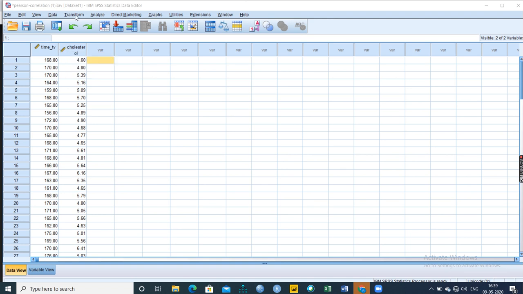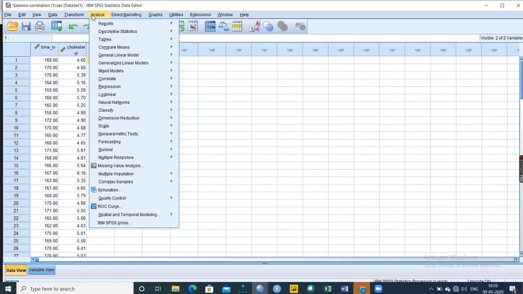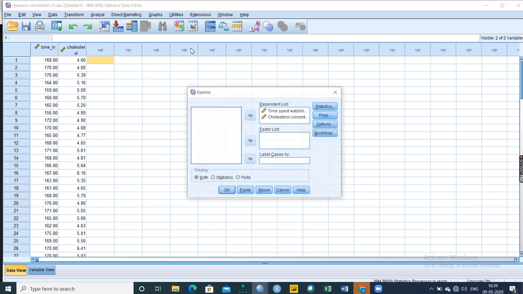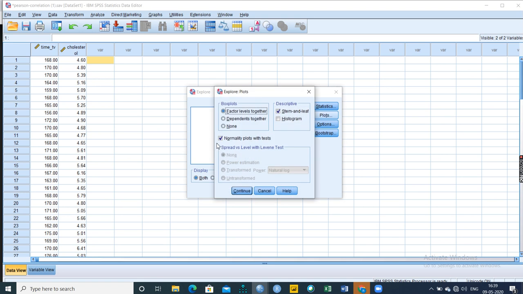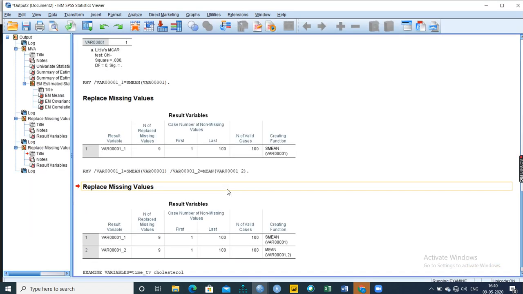For this, first we have to check whether it is normal, point number 1. For this we go to Descriptive, use the Explore option, choose both the variables and push them under the dependent list, go to Plots, click Normality plots with tests, click Continue, click OK.